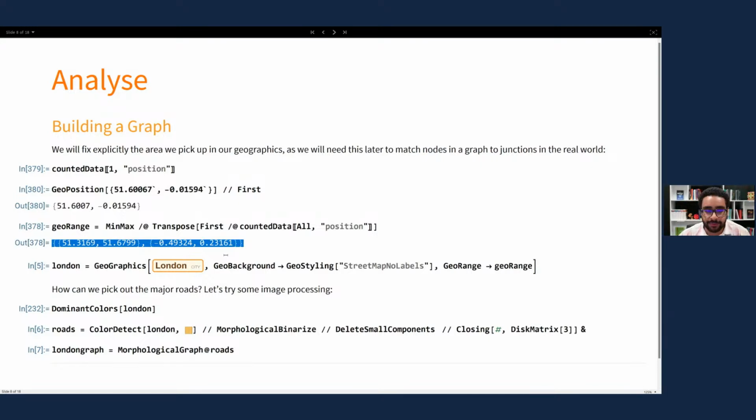We want to fix this for two reasons. One is just so we draw the part of London that we're interested in, where the cameras are. But secondly, we're going to do some rescaling in a moment. We'll cross that bridge when we get to it. Anyway,